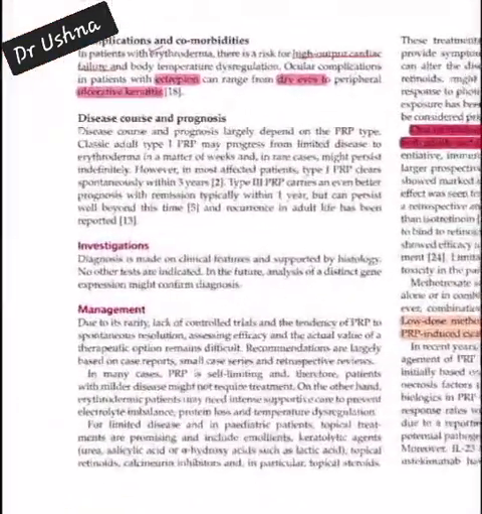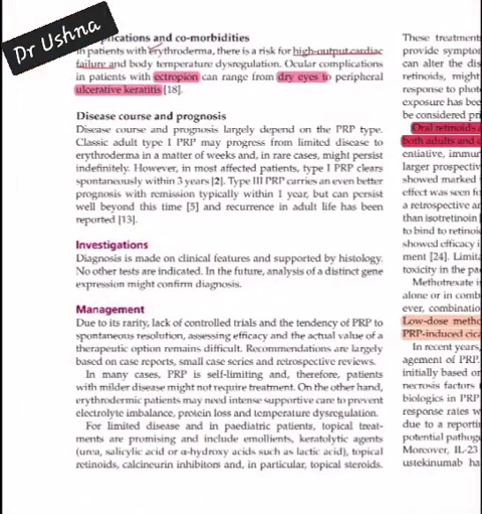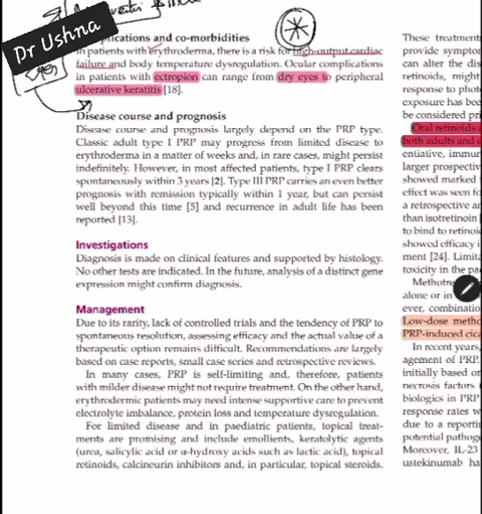Then next comes the complications. What are the complications, or what are the comorbidities of the PRP? We have just done that erythroderma is a very important complication, and it presents with high output cardiac failure. Another thing to remember in the PRP is your eyes. In psoriasis, the most important complication was anterior uveitis. So this is also an important MCQ. So anterior uveitis is a complication of psoriasis, but in PRP the important complications are ulcerative keratitis and ectropion. So these are the important points.